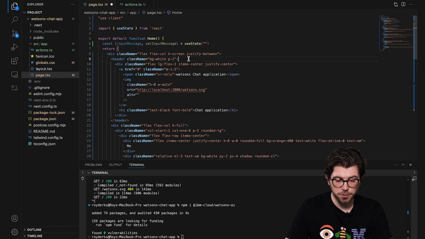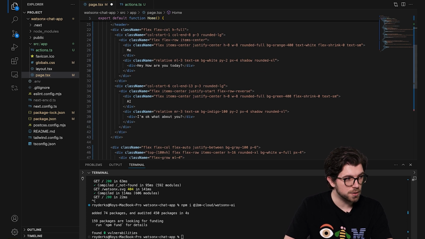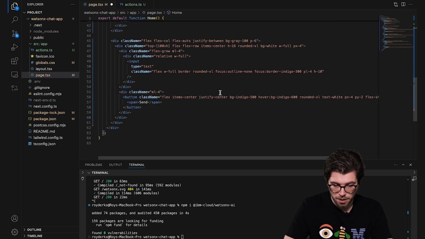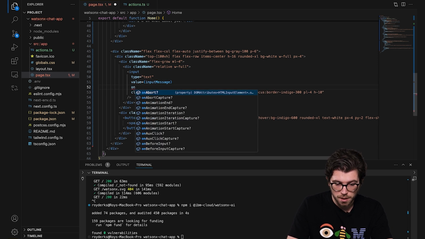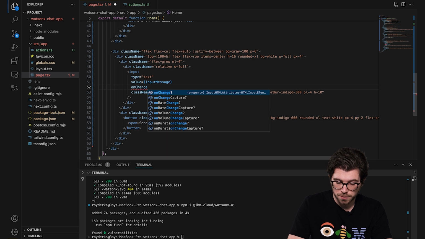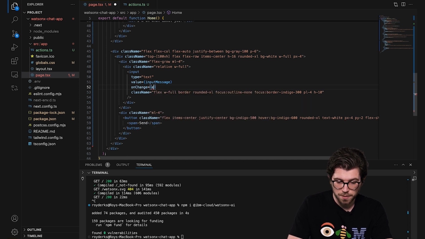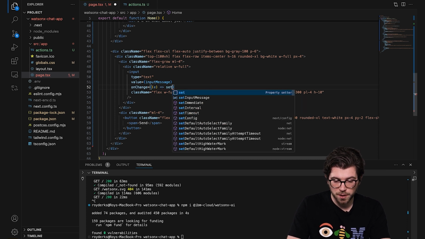And I can use this state variable to turn my input bar, which is at the very bottom of your application, into a controlled component, meaning that whenever we type something in there, it's going to update the state, and we can use this state, for example, to send a message to the large language model. So I'm going to scroll down to my input field, and in here, I'm going to set the value to be input message, which is a state variable, and then I'm also going to set an onChange function, which is taking the event, which is the value inside the message box, and it's going to use that value to update the input message.